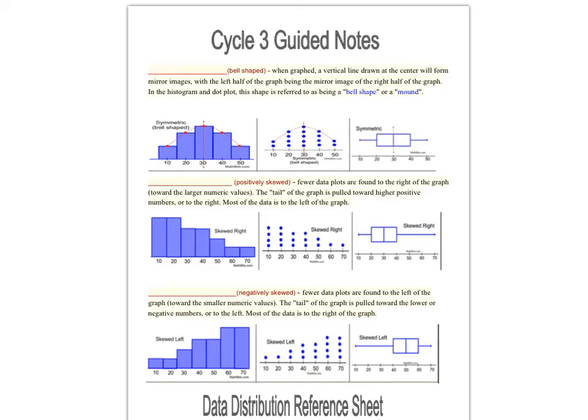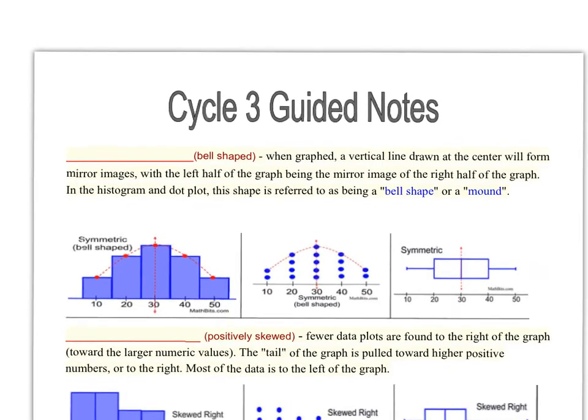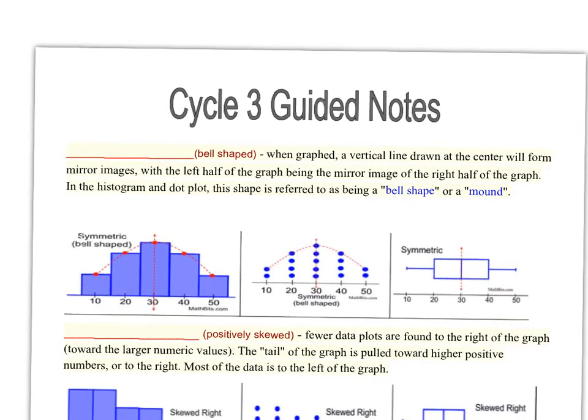All right, this is cycle 3, guided notes, and in this cycle we're going to talk about the distribution of data. And so when we look at a histogram or a box plot or a dot plot, we want to be able to tell, how is this data distributed? Is it skewed in a certain direction, or is it not? And so we have 3 vocabulary words, or 3 types of description of data that we're going to look at on this first page. So this very top one, when you have graphs that look like these 3 examples,